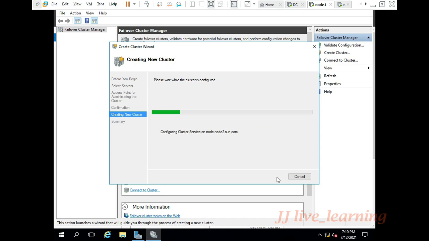Now the cluster configuration is completed successfully on your primary failover cluster. You do not need to configure your failover cluster on your secondary system, that is node 2. The service is automatically replicated to your node 2.